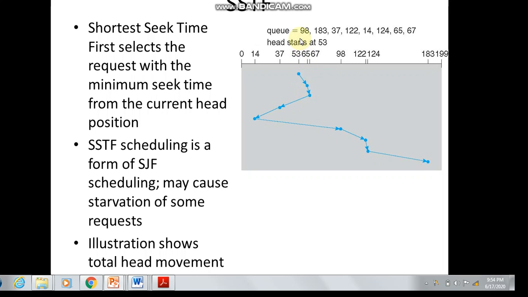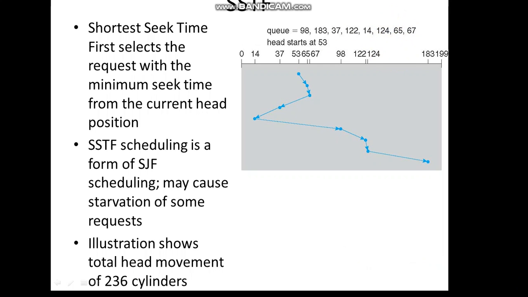Which is the nearest cylinder excluding the one already done? By looking at the queue we'll know that 67 is very near, because it is just 2 cylinders away from 65. So it will process the request of cylinder number 67.